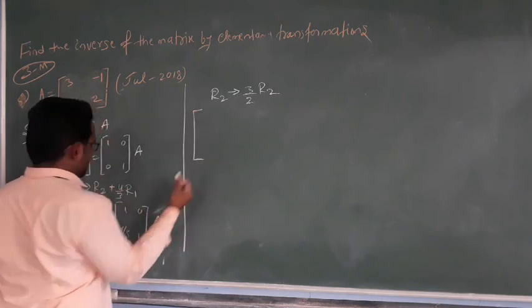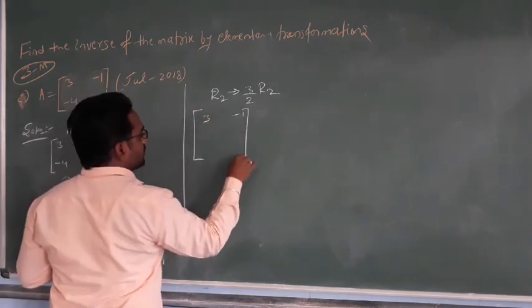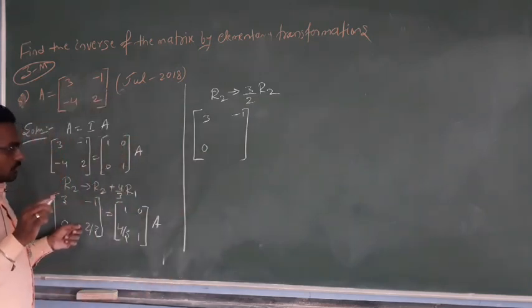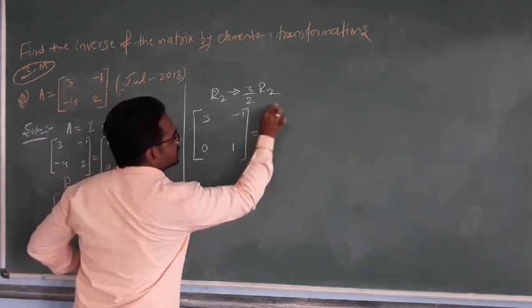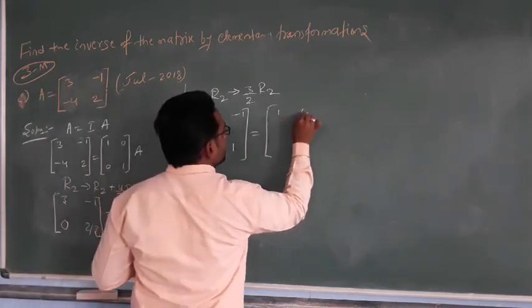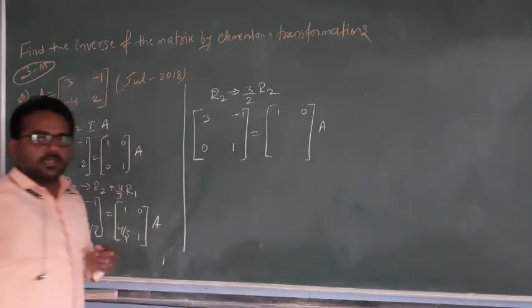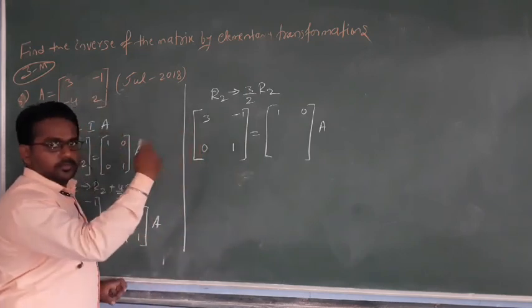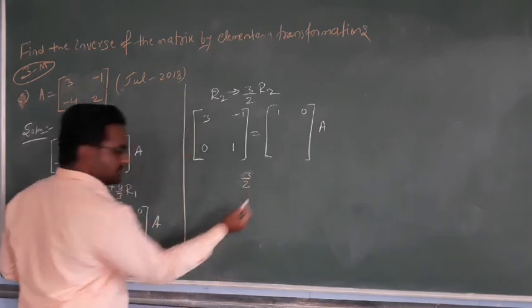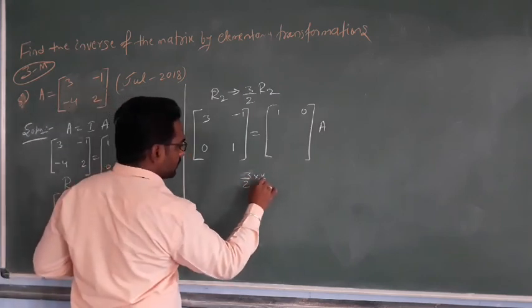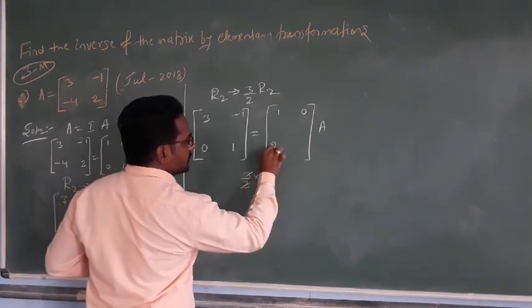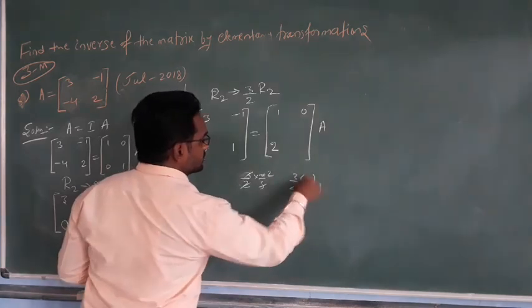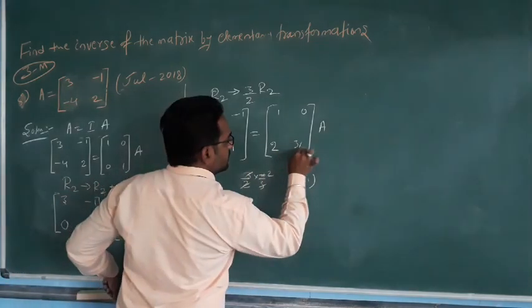Okay. So observe here. 3 minus 1 0. 0 into 3 by 2 is 0. So 2 by 3 into 3 by 2, that is 1. So the first row as it is on this side, 1 0 into A. Okay. The second row 4 by 3, R2 changes to 3 by 2 into R2. So 3 by 2 into 4 by 3, the 3s get cancelled, 2 ones are 2, 2 2s are. So you get the 2 here. Next, 3 by 2 into the second element 1. So you get the 3 by 2.